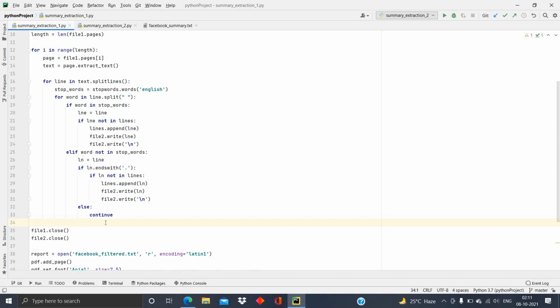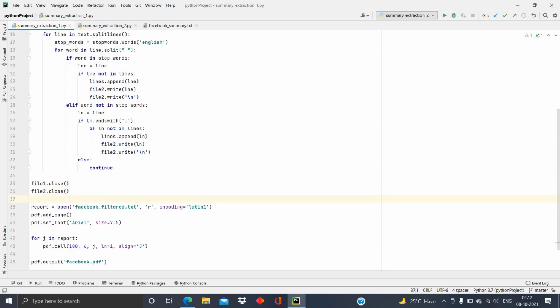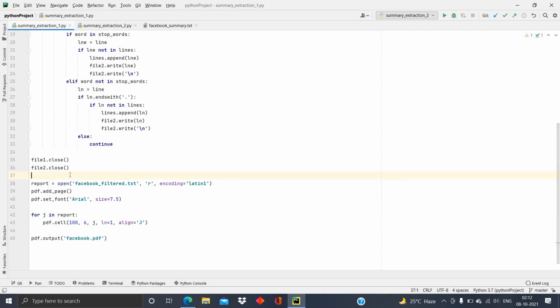Like this, the entire PDF document will be filtered using the stop words technique. After completing the entire document filtering, all these PDF and text files will be closed. This is a basic good habit for a programmer, to close the files after finishing the usage.